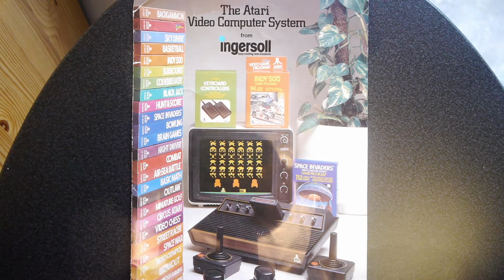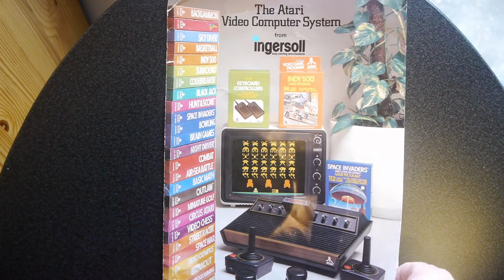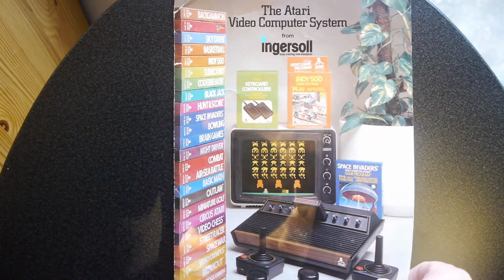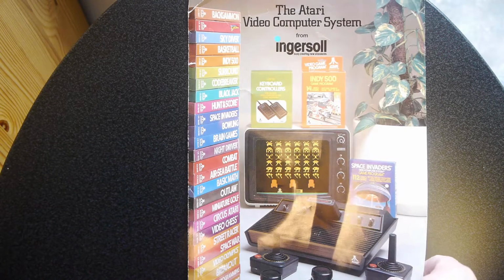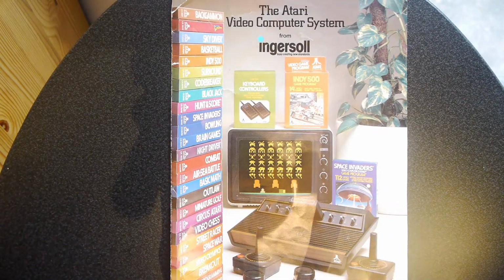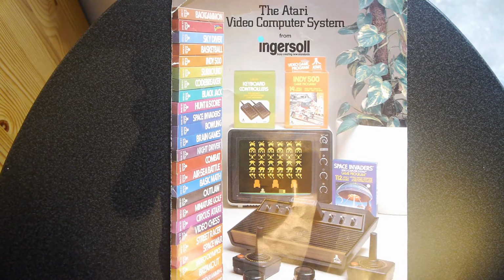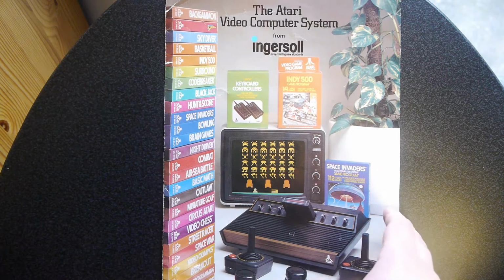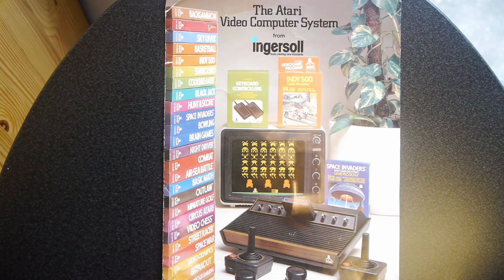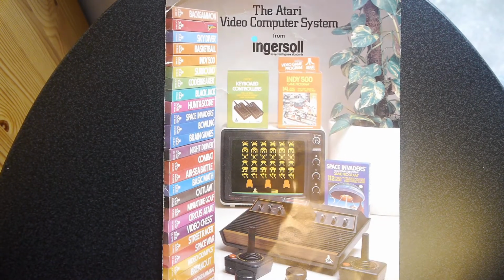This amazing, well, I think it's amazing, catalogue from the early 80s, or it might even be late 70s. I think it's probably the turn of the decade, turn of the 80s. It's the Atari Video Computer System catalogue from Ingersoll. I looked up Ingersoll because I thought, oh, does this mean it's a later Atari? Because I thought they might have been sold out to other companies to distribute. But no, it's actually a sign that it's a bit of an earlier one, apparently,